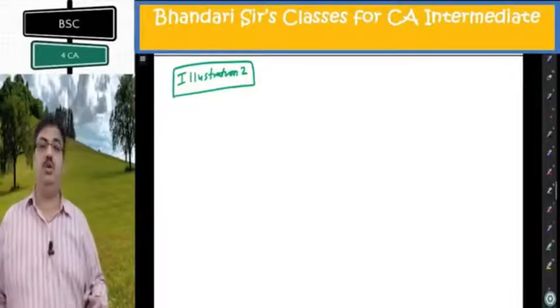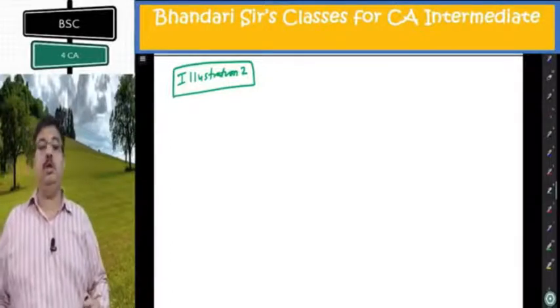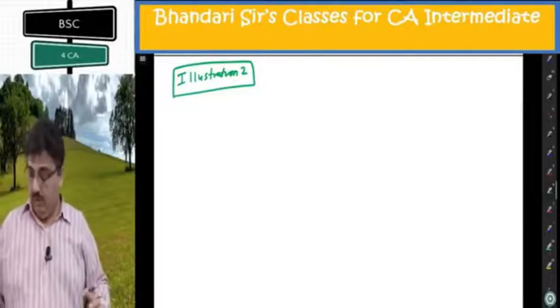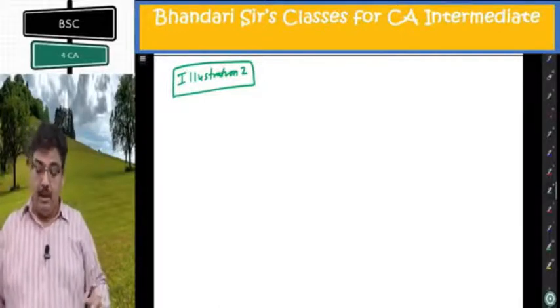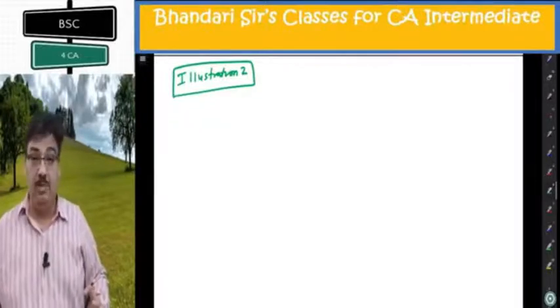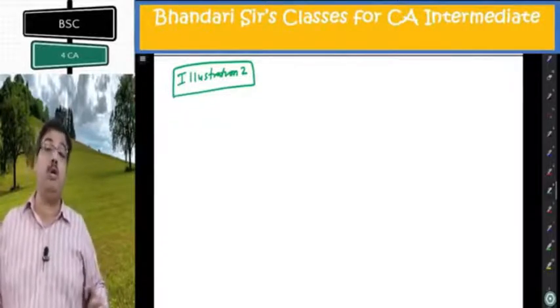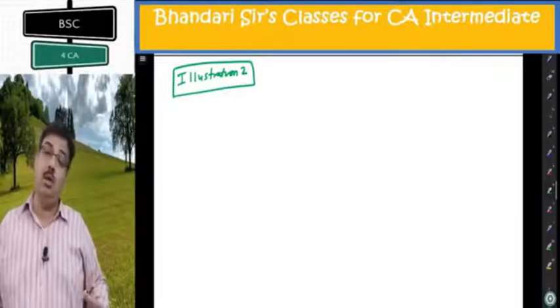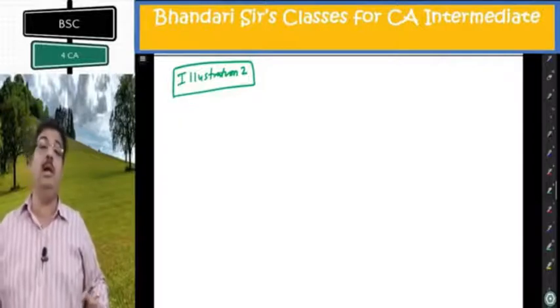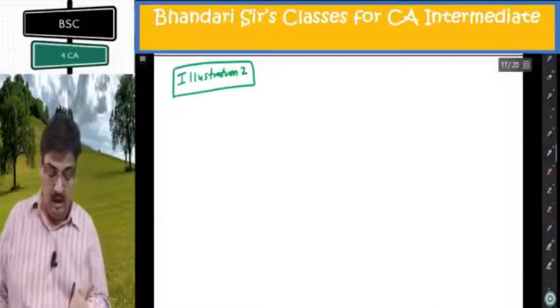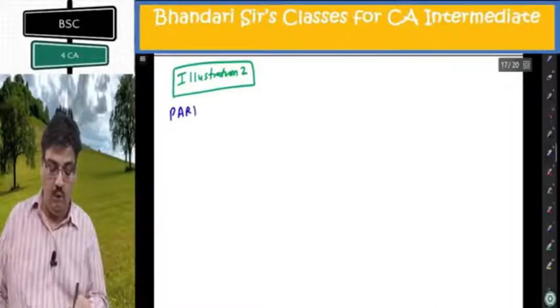Next we reach illustration number 2, which is a typical question on job costing concepts. You are given for a job and you are given a company's P&L statement. Now from company's P&L statement, you need to find absorption rates for different types of overheads. That is the only thing you have to observe from the annual P&L statement given. I'll first do part 2, which says make a revised statement in your own format. So part 2 is what I am starting from.